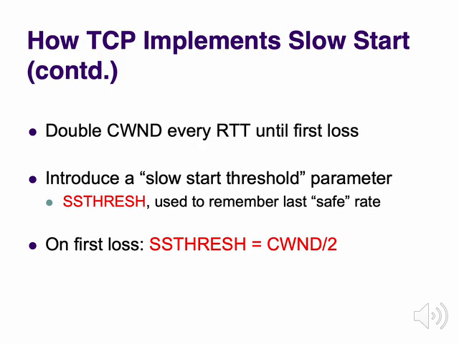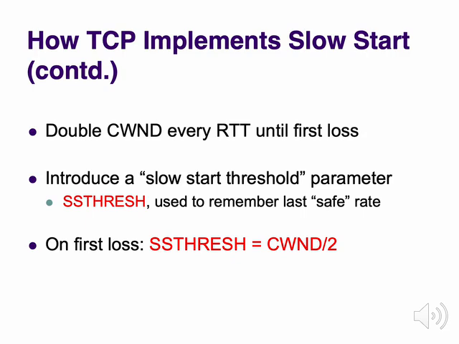And the sender is going to start with a cwnd of 1, and it's going to double it until we experience loss. And then it's going to set ssthresh to be half of the congestion window. The next time the sender ends up having to do slow start, and we'll get, in a few slides, into when that is,